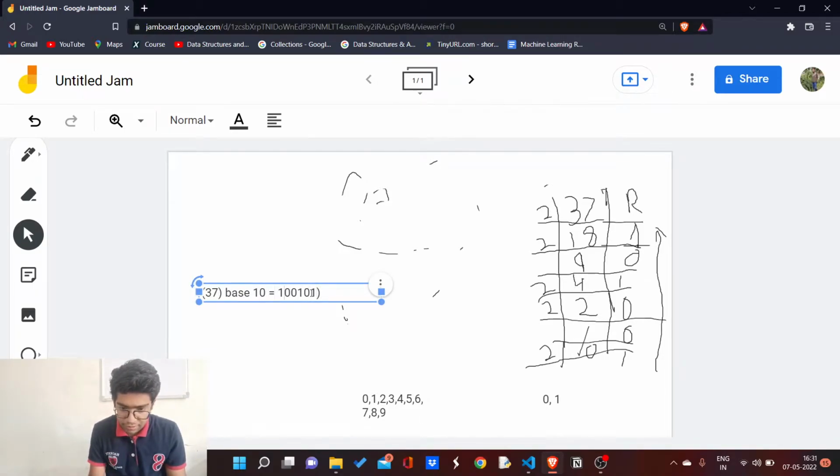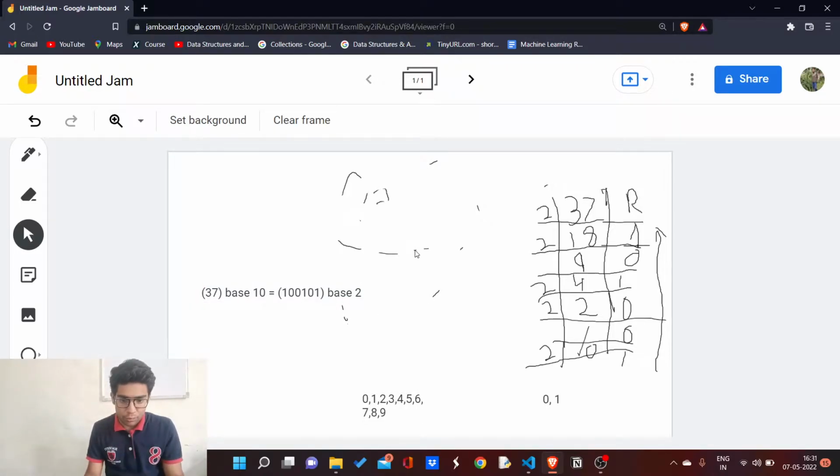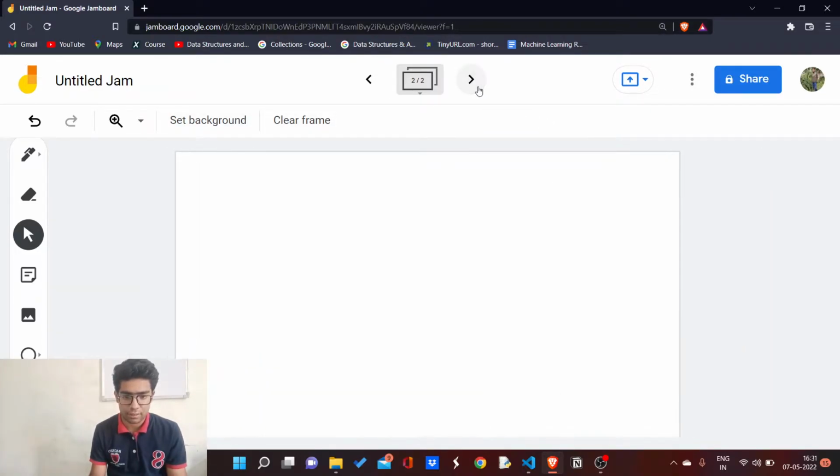Now we have converted our 37 into base 2, into binary form. This is the binary form of the number 37. You can do it with any number and you will get its binary output. This is all about binary, and how we can convert our number to a binary number.